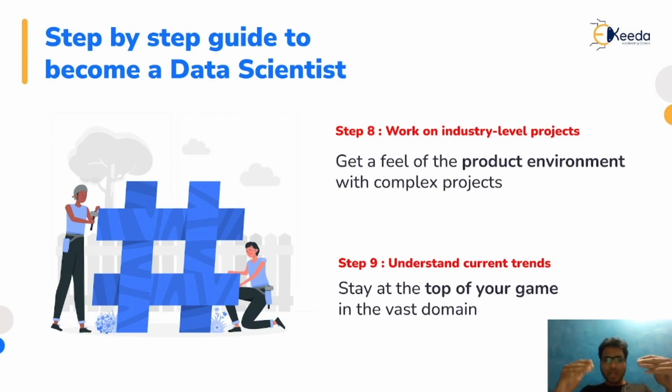Okay, now step 9 will be understanding current trends. As I gave you an example, in the pre-Jio era, I am not saying that data science was not there, data science was there, but the number of jobs in data science has increased. And why has it increased? Because we are generating more and more data, and now companies want to analyze it for their benefit. So that is why you should be seeing what exactly the current trends in the market are.